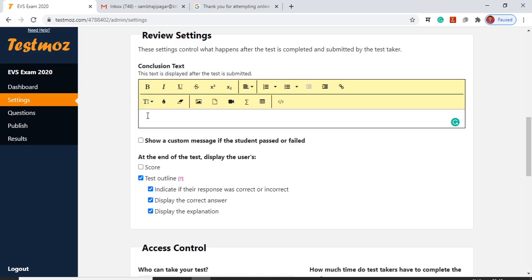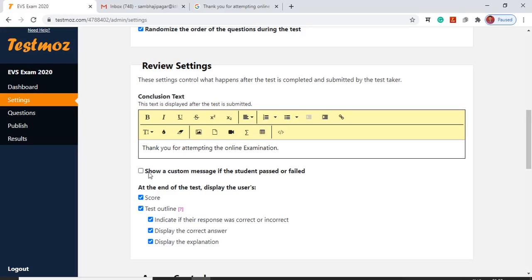So we will add the text here. So here we have set this text. So here show the custom message.